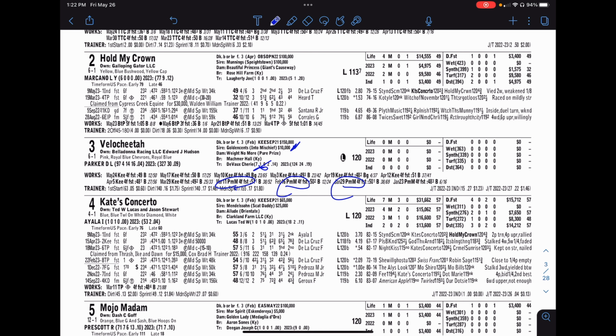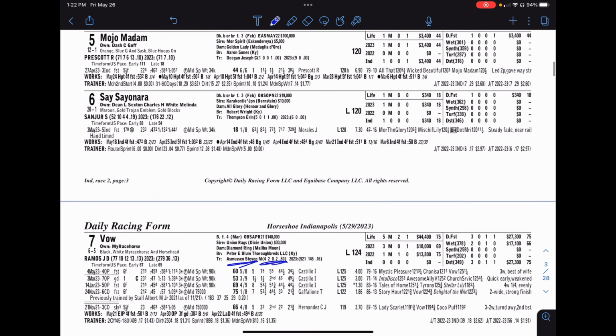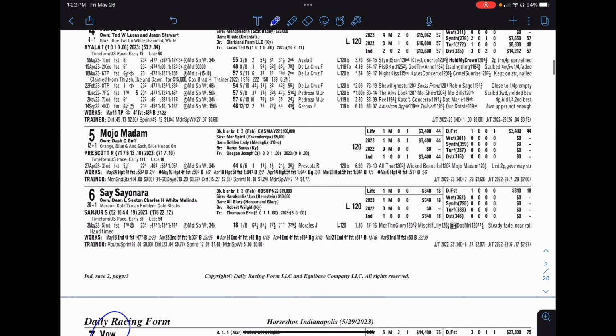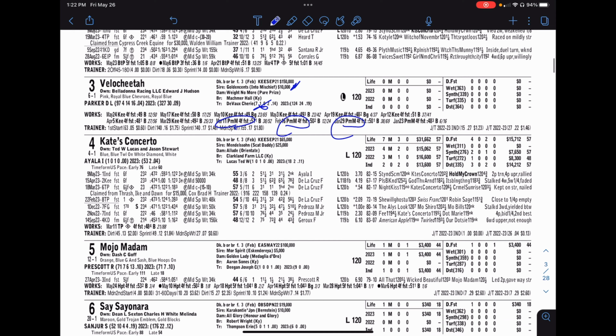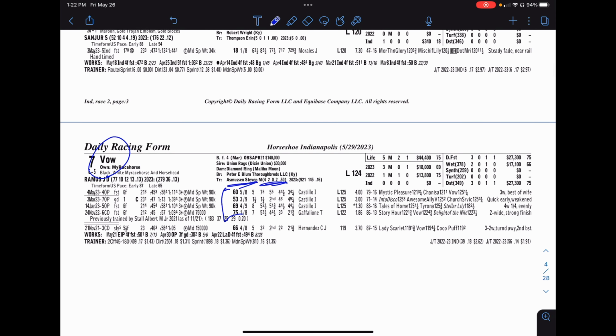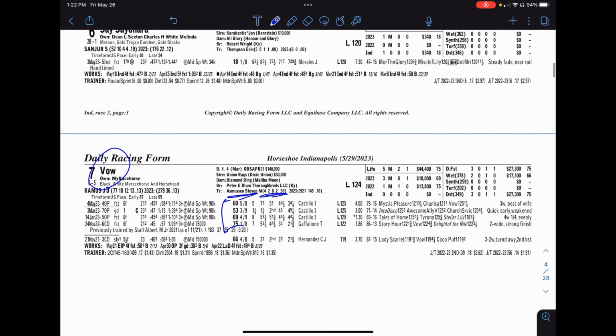Cherie, I would go into it thinking, first time starter aside, Cherie's going to be very live with whatever she's running at Horseshoe Indy. But there is a Steve Asmussen horse in here, Val, who's going to take a lot of beating, and clearly in a race where nobody else has run nearly as fast or as well against the best fields like Val has. I mean, she is very much the baseline by a wide margin,